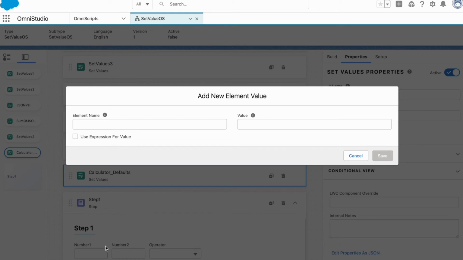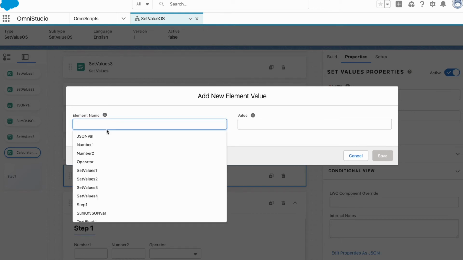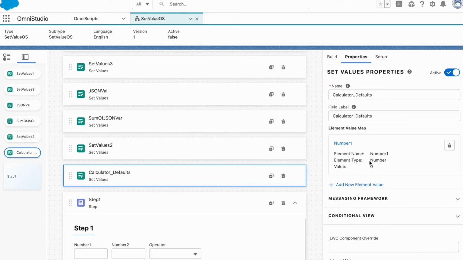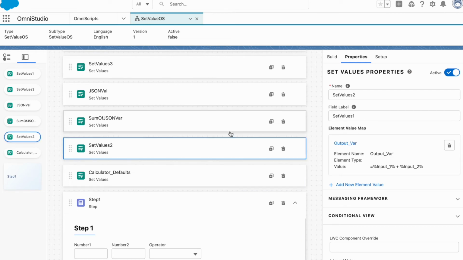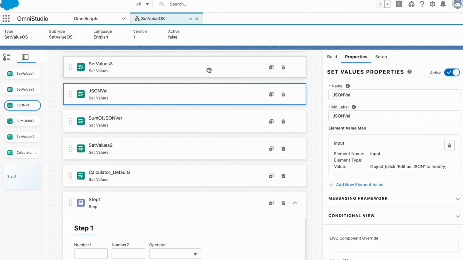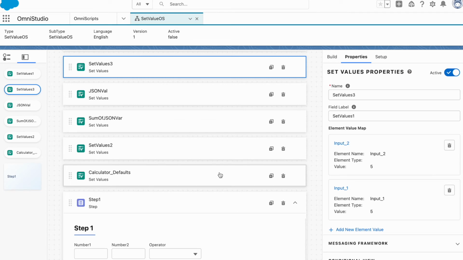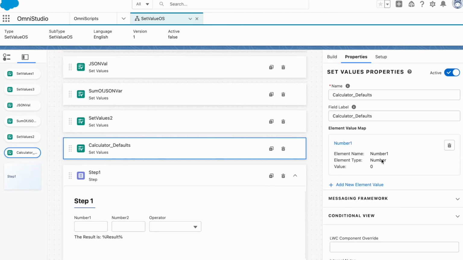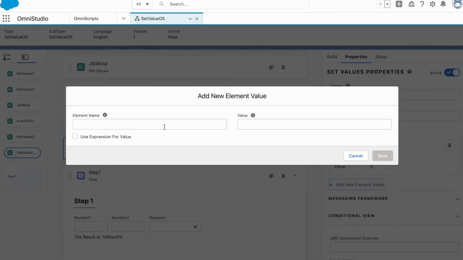Here now, if you click on it, you will be able to find your input variables. Number one, okay, I will default it with 0. And there is one more thing that you will see: as soon as you select any of the elements, not just a variable, it will also give you the type of that, right? So if I go back here, you won't see any element type here, right? Because all of them are variables, and there is no way that you can define if it is a number or a string. But here, if you select any element of the OmniScript, it will automatically pick up the element type. Okay, so we have number one, number two as a 0,